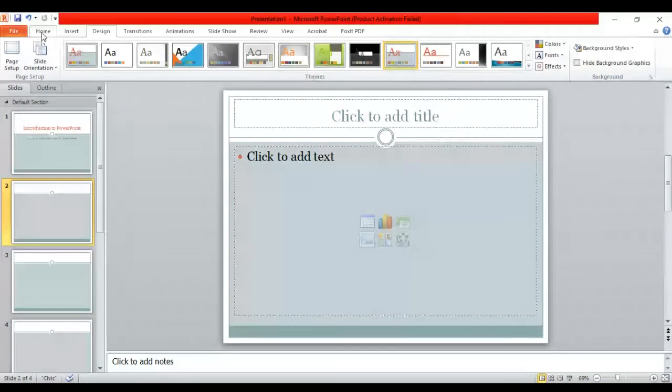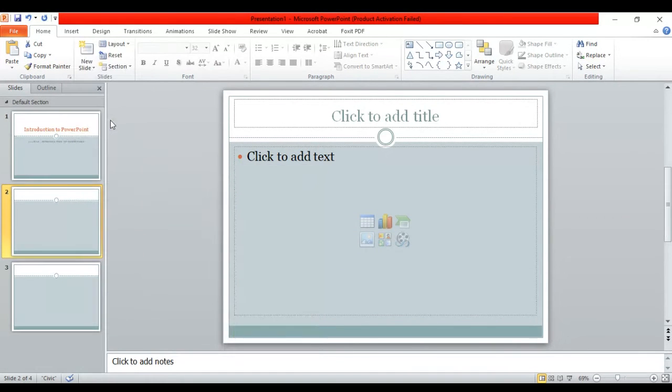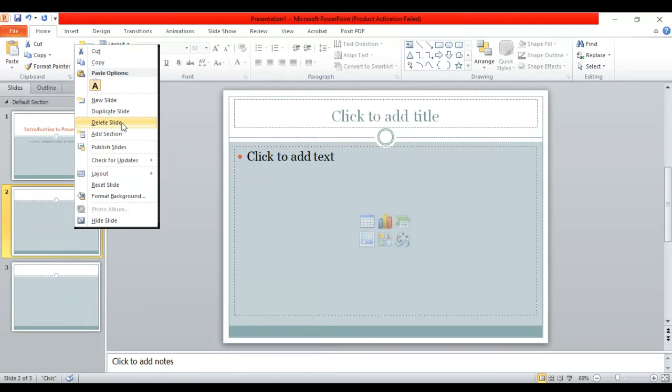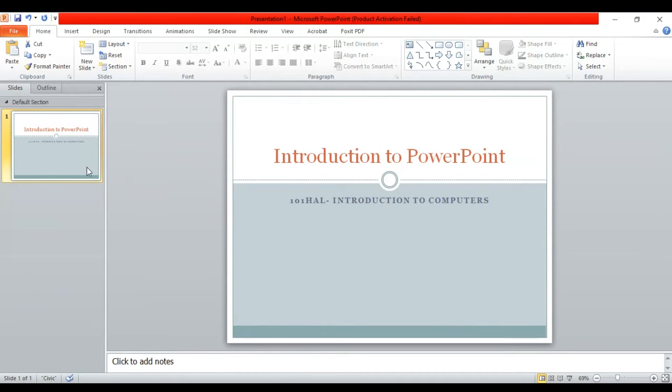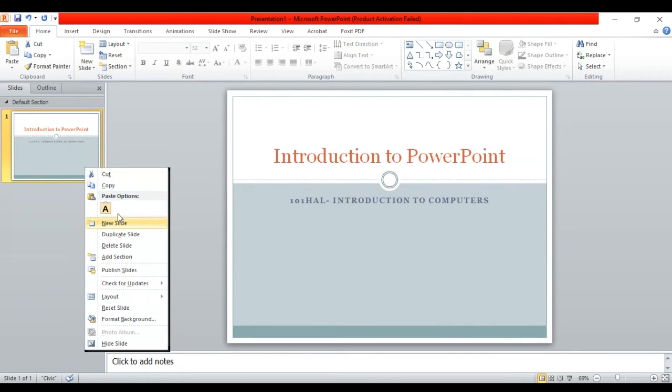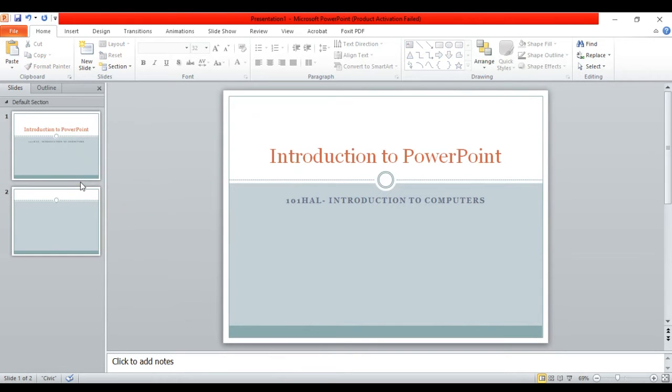You can delete the slides from here. Right click, delete. Right click, delete. Okay, right click, delete. So adding a slide like this, deleting a slide like this. Okay. Now for creating the section in between,